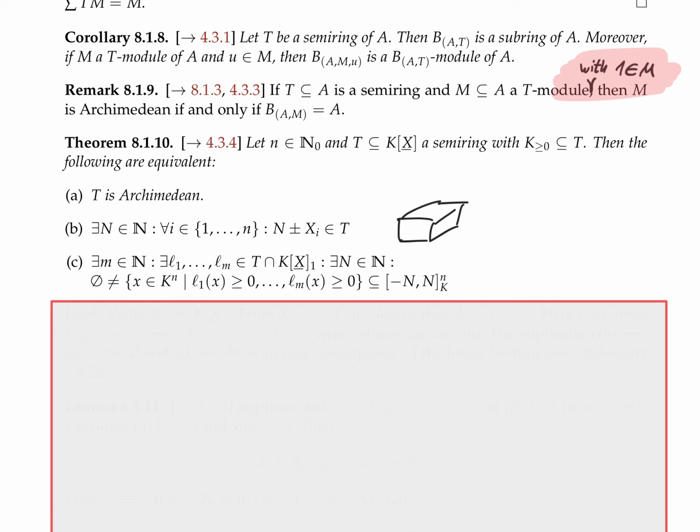And this polyhedron should be bounded because of this n, and so that's an additional boundedness condition here. But otherwise it's the same thing. Instead of this cube, I now take a bounded polyhedron,